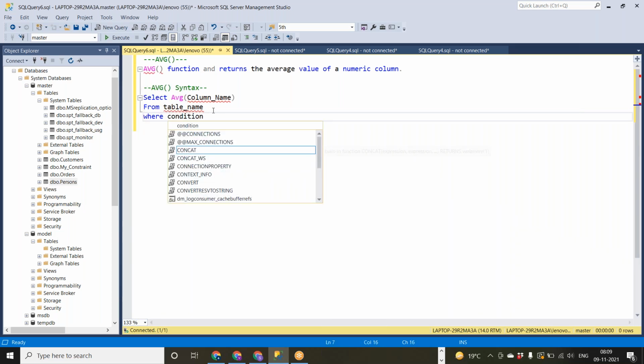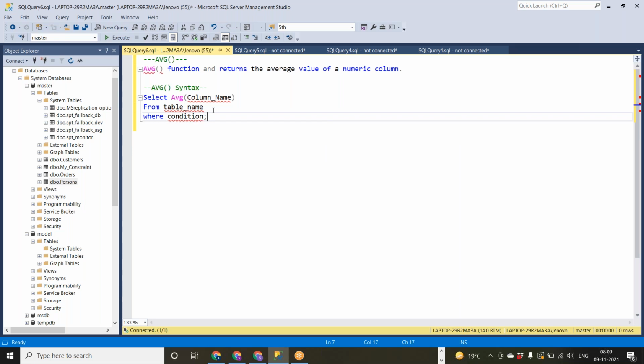No need to mention the condition if you don't have any requirement. If you want to know something for a specific condition, then you can mention the condition.